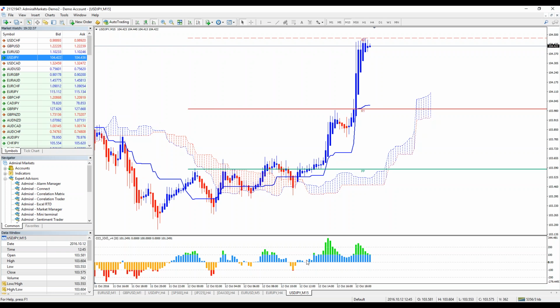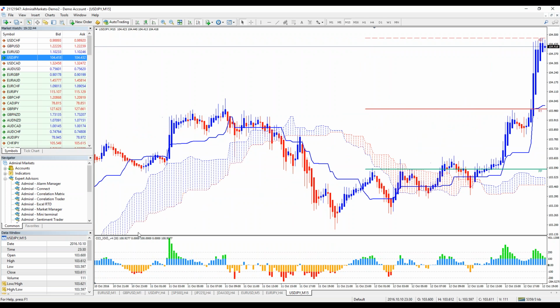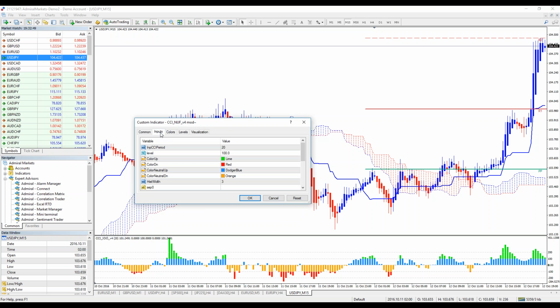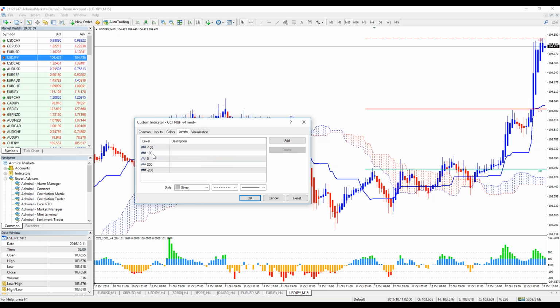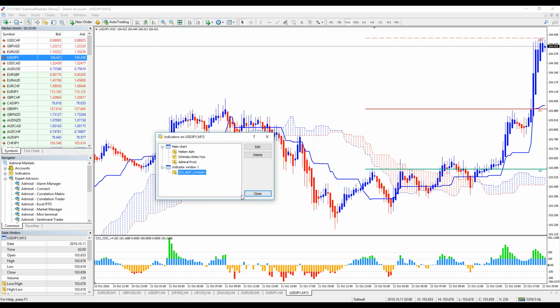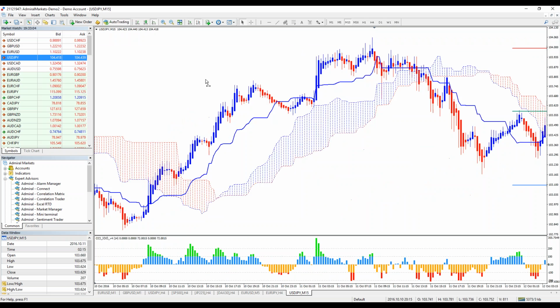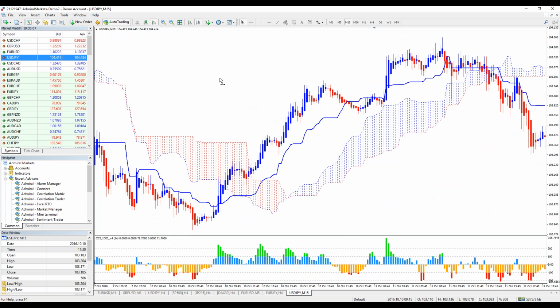So we actually use histograms, and we want to use it on slightly different settings. So first, if this is set on 20, here you can set it to 14. This should be left as 100, and add these levels. I mean, it's already on the template, but maybe if you find it differently,